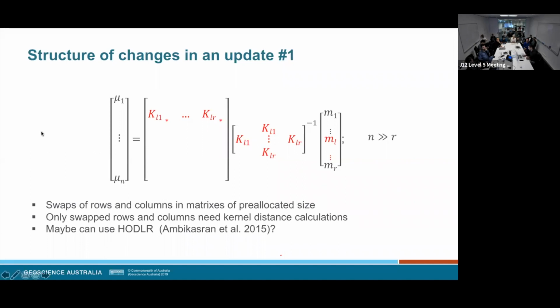You can then decide, I'm going to swap only the relevant rows and columns and compute the Euclidean distances for the kernel computation in only the relevant rows and columns pertaining to the Lth parameter that I've perturbed. And this is a huge time saving, because I don't need to recompute or reconstruct either of these two huge kernel matrices,